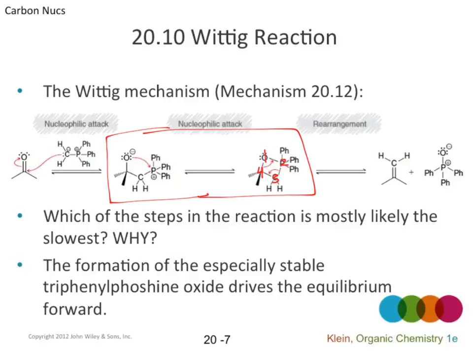The phosphorus is probably going to be one of your largest contributing factors to allowing this to occur. Why? What's special about the phosphorus? It's really, really big, which means we can open up those angles a little bit. And phosphorus will be able to share those electrons a little bit better. So once we've formed that 4-membered ring,